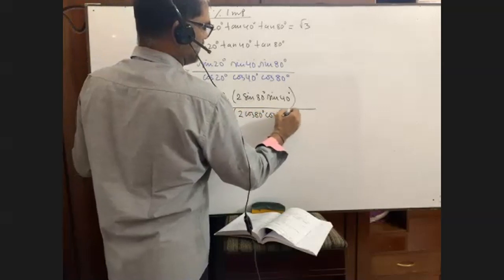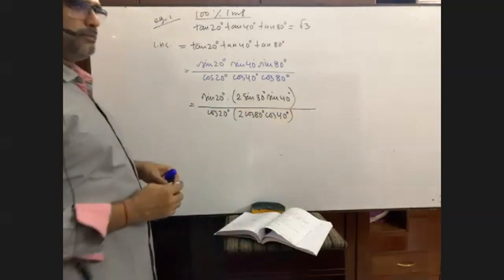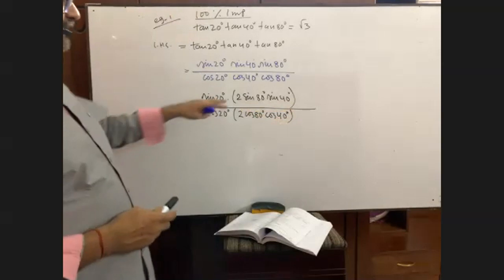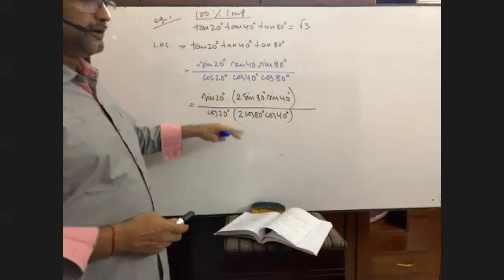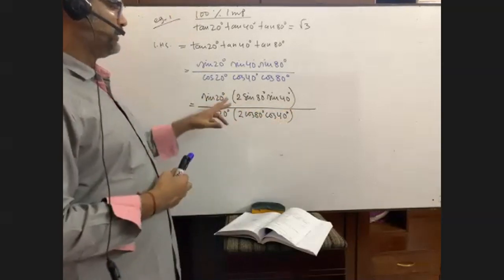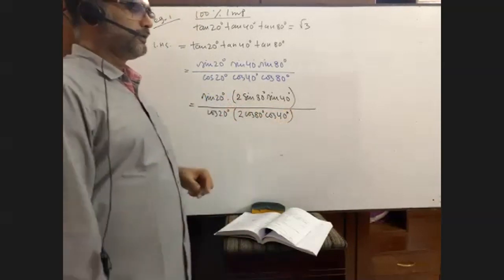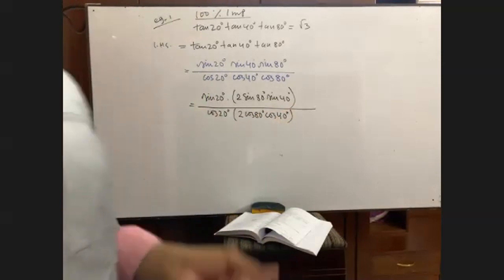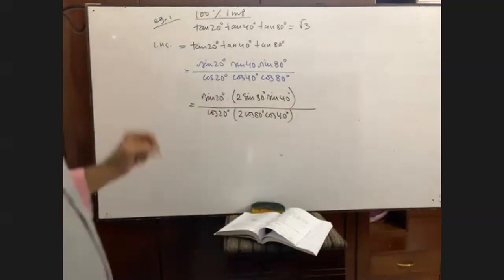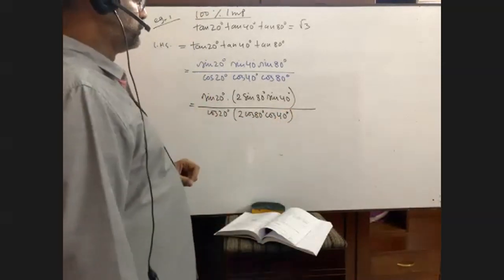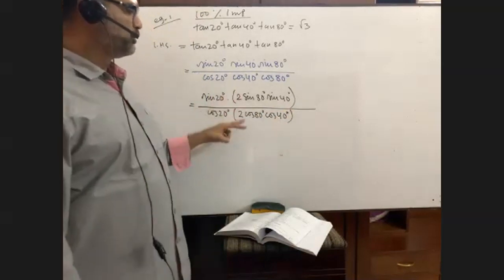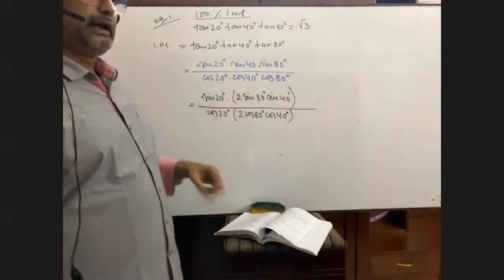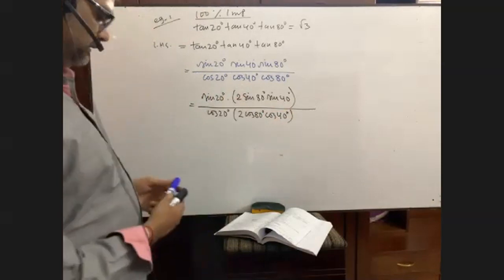Some of you can ask me, sir, where is half? We don't need half because these two and these two will be omitted. So we don't need half into 2. I think you have got me right. But in the two previous maths, we took half into 2. But in this math, we don't need half into 2 because from the numerator and denominator, both 2 will be omitted. Am I right? Yes, sir.